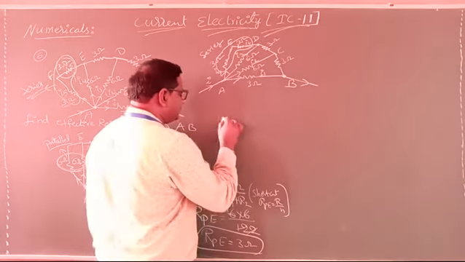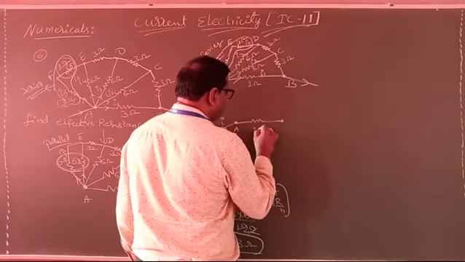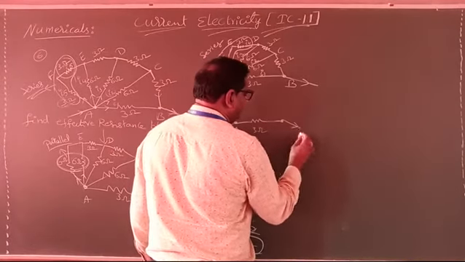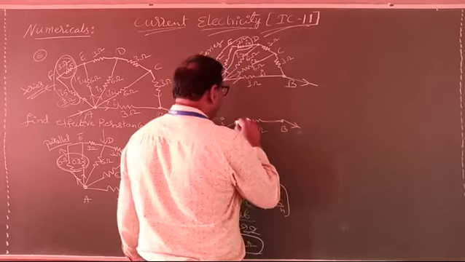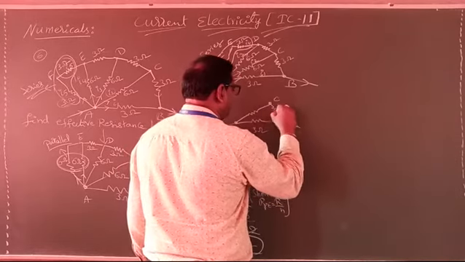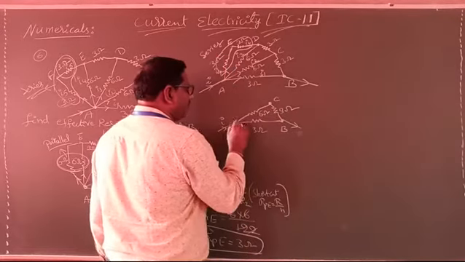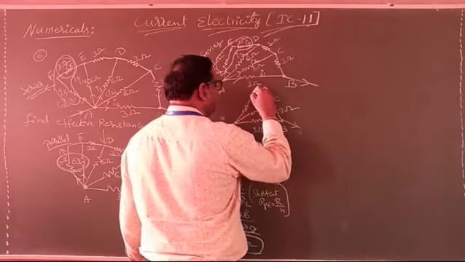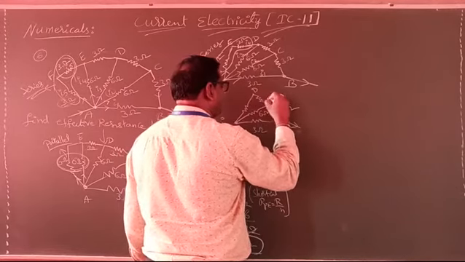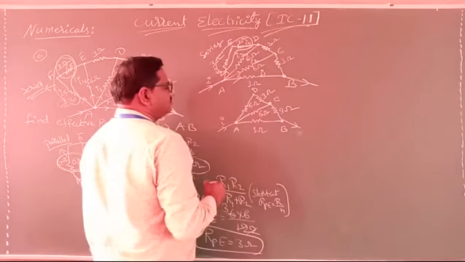Now the next circuit I want to draw here. This is the A point. This is the I current. Between A and B we have 3 ohms. Here it is the B point. Okay, now here it is the C point. In between, one more 3 ohm resistor. Here a 6 ohm resistor. Now between the D point and the C point, one more resistance. It is 3 ohms. And here 6 ohms.